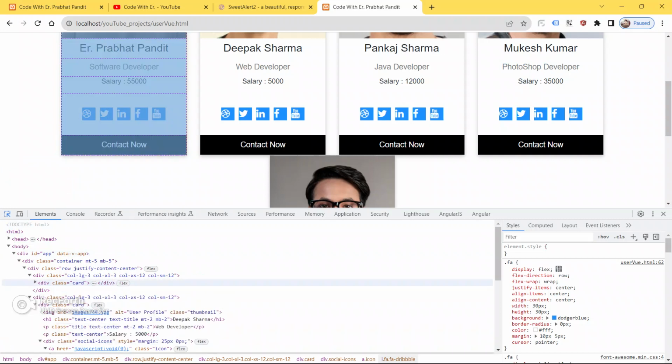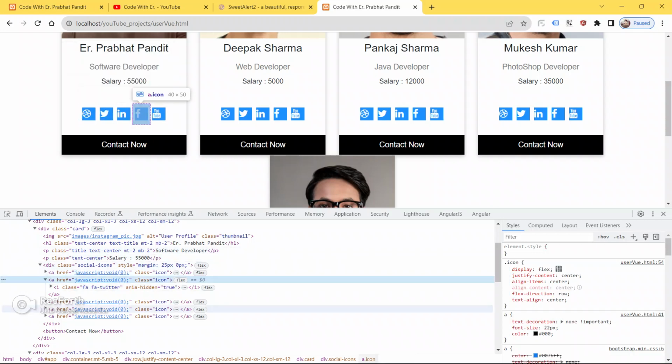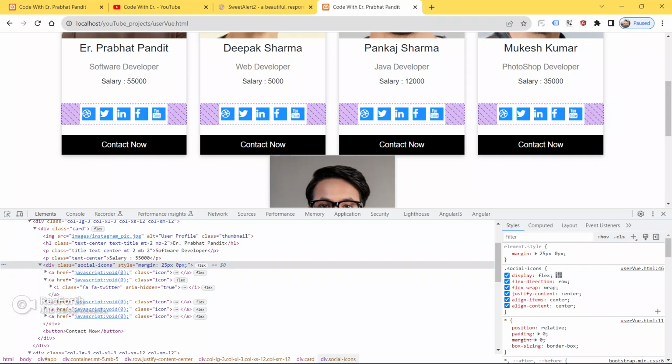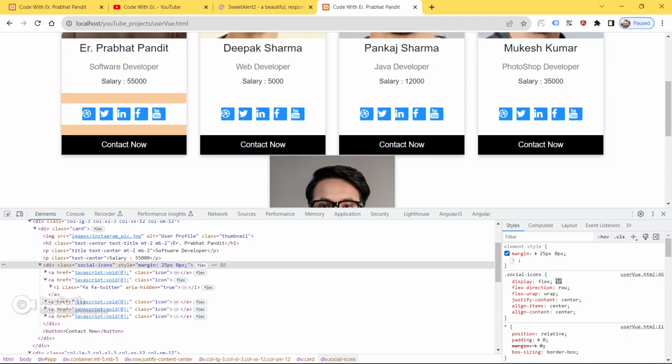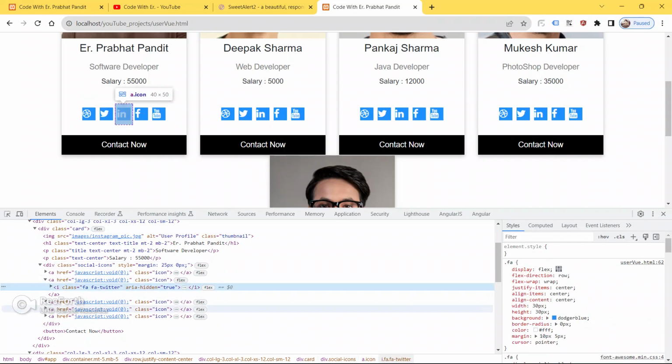Let me just inspect, go to the developer tool, display flex.